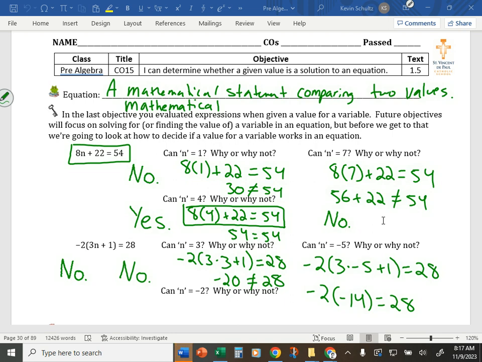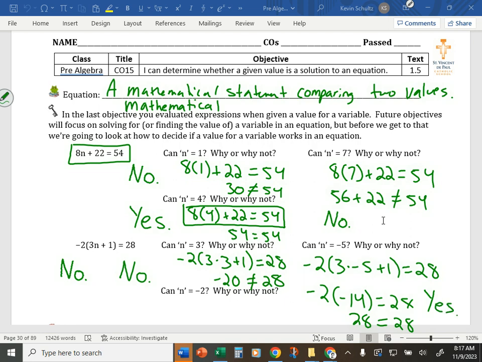Positive 28, right? We have a negative times a negative, that equals a positive. 14 and 2, whoops, not unequals 2. 14 and 2 makes 28. So indeed, negative 5 is the answer. So we don't have to do the other problem. We can just write so, because